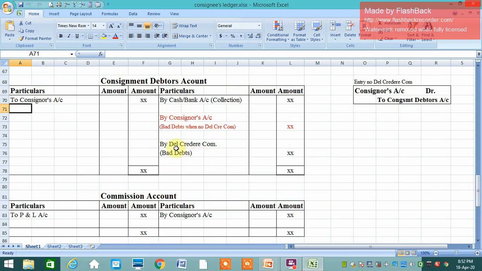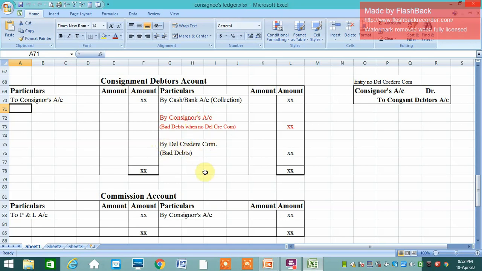If Del Credere Commission is not paid, then the consignor is supposed to bear those expenses, that loss of bad debts. That's why bad debts will be recorded in his name. And if Del Credere Commission is given, then the consignee is going to bear those bad debts. That's why he will adjust the bad debts against the Del Credere Commission, because Del Credere Commission is given